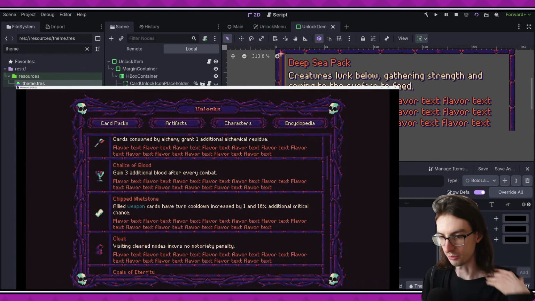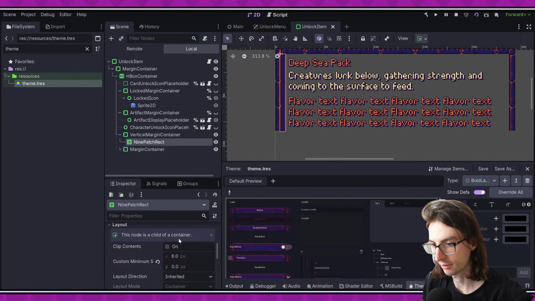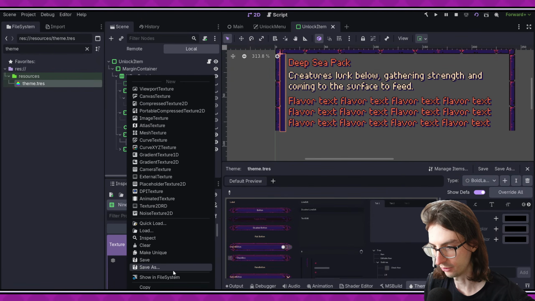I mean, I might just be lazy here. You know what I could do for the 9 patch actually? Let's take this. We're gonna change the texture. Yeah, we're gonna be a little bit lazy here. Let's change this texture to